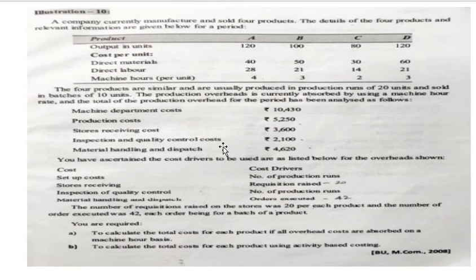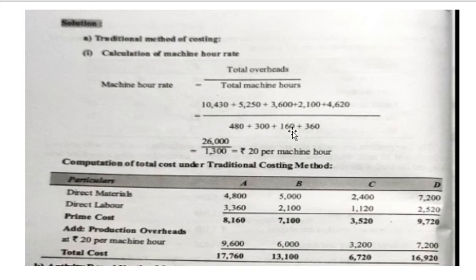In the same way, here they have given machine hours for B. Per unit, for 1 unit it is 3. Then how many units are they producing? 100. So 100 into 3, which will give you 300. As you look here, it is 300. So next is C, the machine hours is 2, and how many units is C producing?